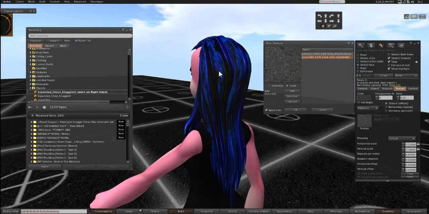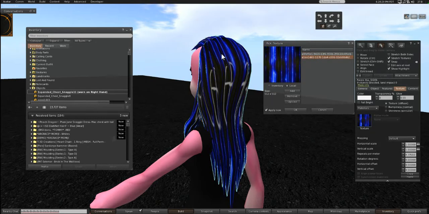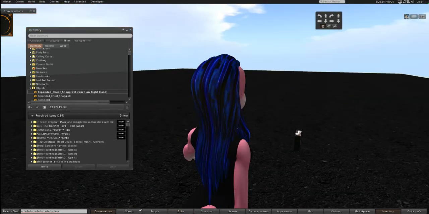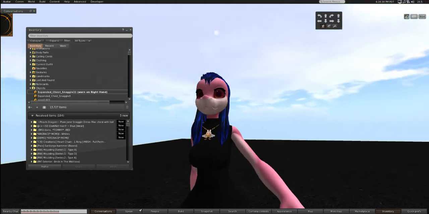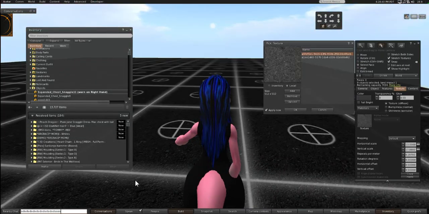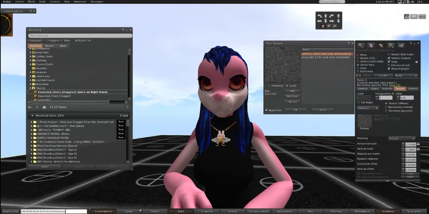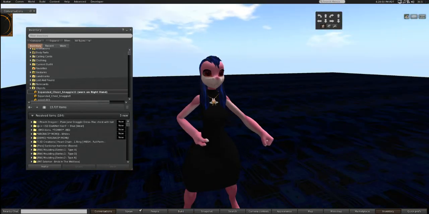Or it could be in reverse. I recall this being the solid, and that being the fringe, I think. Anyway, there it goes. We have hair that fits our snaggle. And now when we talk, you see it's not moving because we removed the proper bone. And that is it, boys and girls. That's how